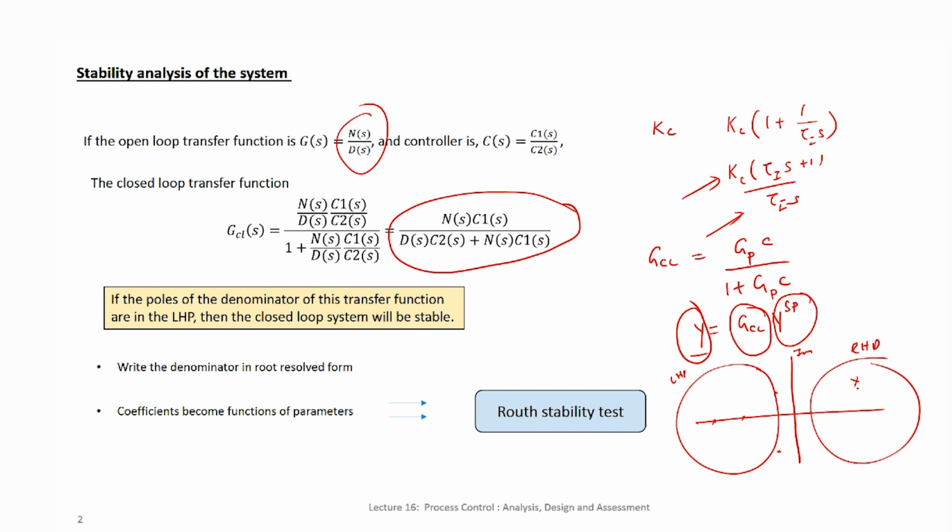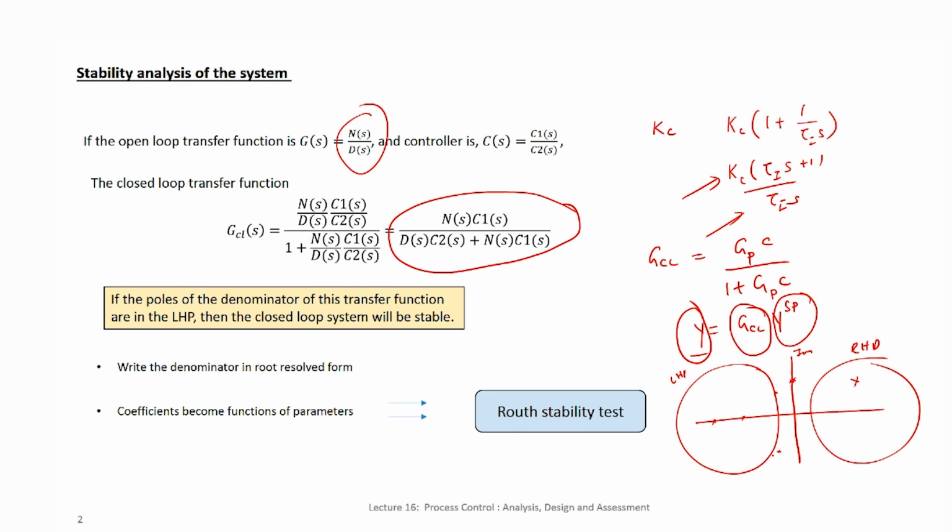We also discussed this, and I just want to recall this here: if I have, let us say, a pole on the imaginary axis, then if I give a sine oscillation at exactly this frequency, then I talked about resonance and how things will become unstable. So, if there are poles on the imaginary axis, still you have to worry about it, they are not strictly going to be stable for all reasonable set point y's, right. So, for that to happen, the poles of the transfer function should be strictly in the left half plane.